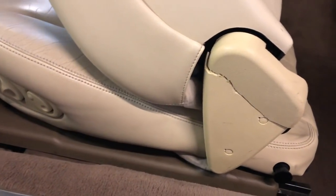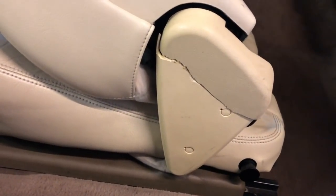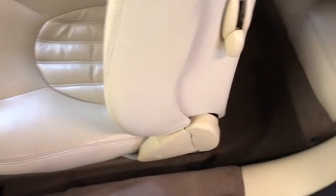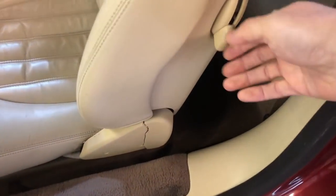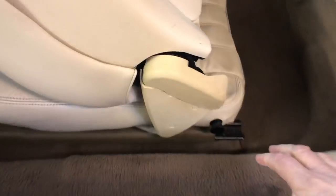This is a fault breakage, whatever you want to call it, that you do find on a few XK8s. Access to the back isn't brilliant. It's never going to be. It's a 2+2, but when you do get somebody in the back, tends to be kiddies. Maybe they don't take as much care,